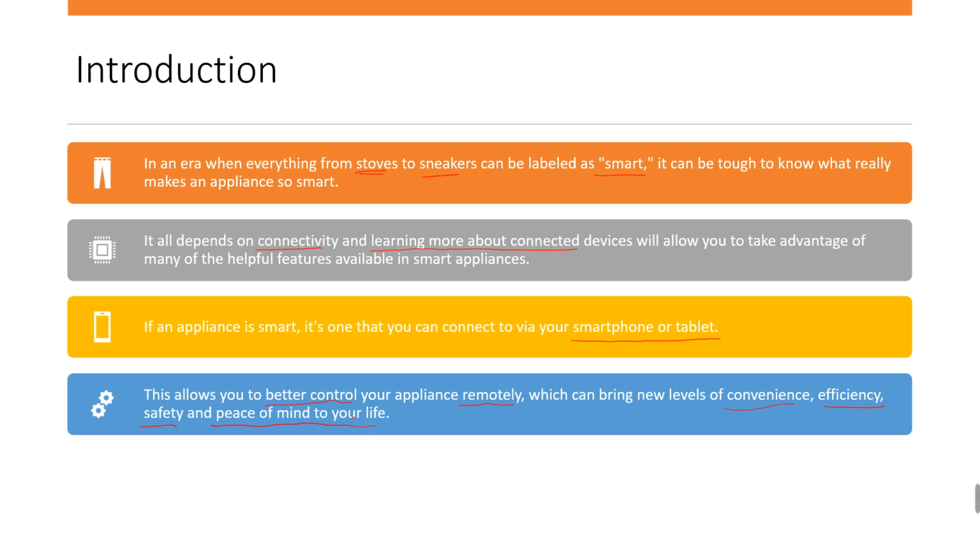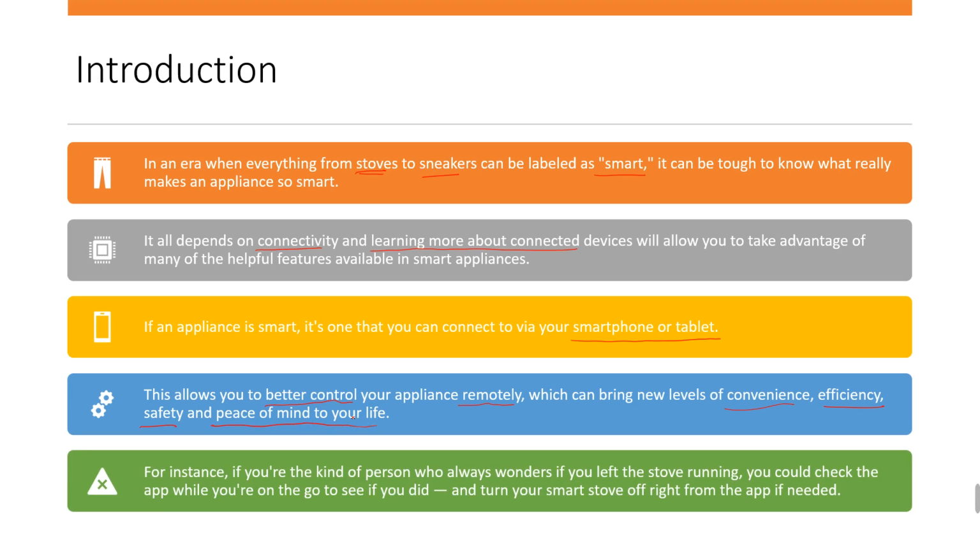You are relaxed. You are not worried about whether the appliance is on or off. You can check the status anywhere, anytime on your phone. So this will bring peace of mind in your life. This is just an example: for instance, you are a person who always wonders if you left the stove running